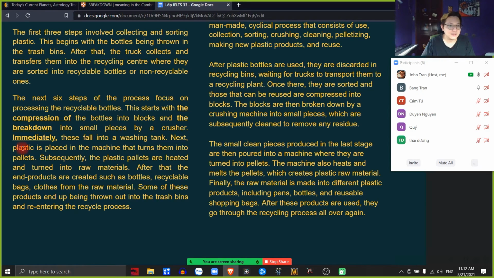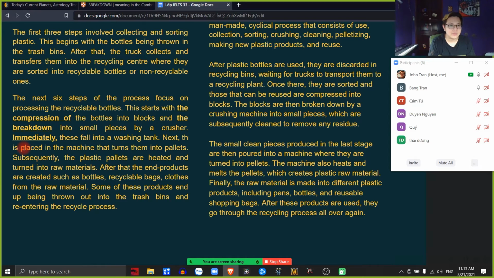Next, plastic is placed in what? These fall through washing tanks. Next, those pieces. Chứ mình nêu chữ nhựa, mình đâu biết nhựa nào. So we mentioned small pieces. When you say plastic, we don't know what plastic. Is that the small pieces here? So basically,